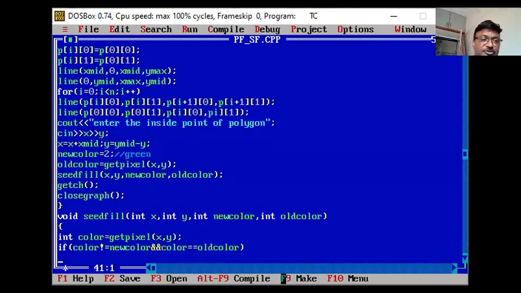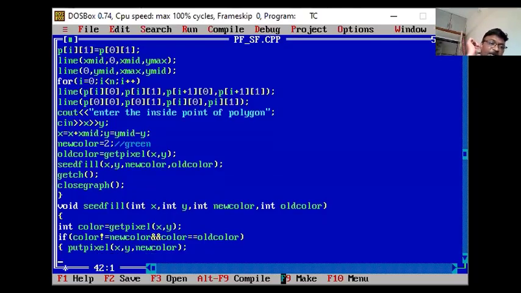So once this condition is true, then you have to use putpixel. So, opening curly bracket, putpixel. What is putpixel? x comma y and your new color. Because of that you have to pass the new color as the third parameter. Putpixel has 3 parameters: x, y, that is the coordinates, and your new color. Now call this function with x plus 1, y plus 1, x minus 1, y minus 1, that means 4 times. So seedfill.